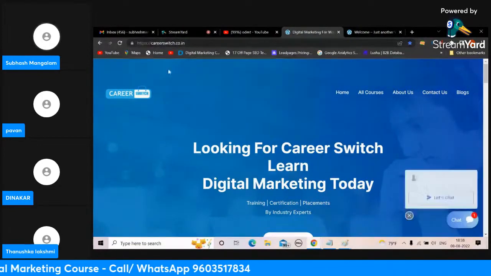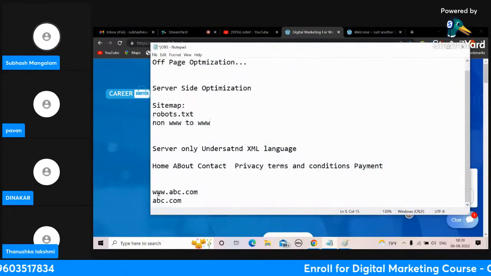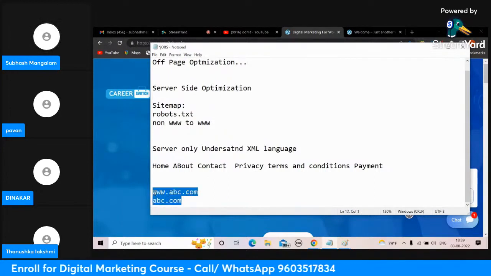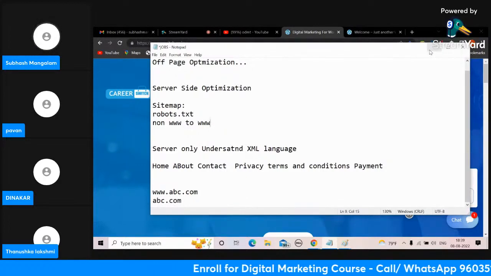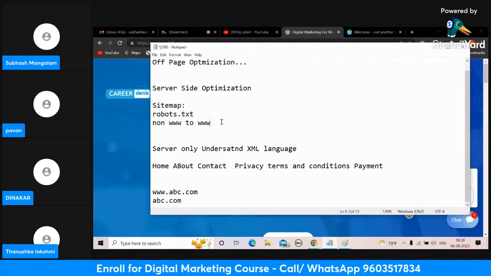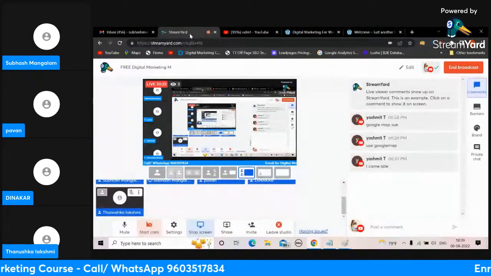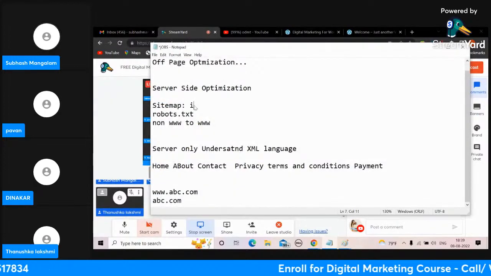It's not going. So this website is using the non-triple W version. If your website is www.abc.com, abc.com, both are the same, but Google sees them as different. So how do we convert non-triple W to triple W? It's a method of telling Google that both are the same. How to do that? These three come under server side optimization. Once again, I'm telling you, sitemap is a